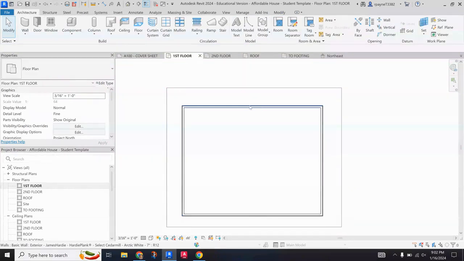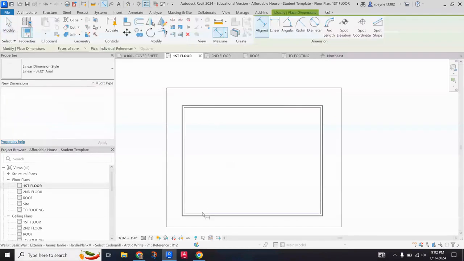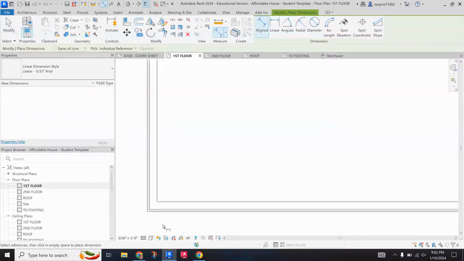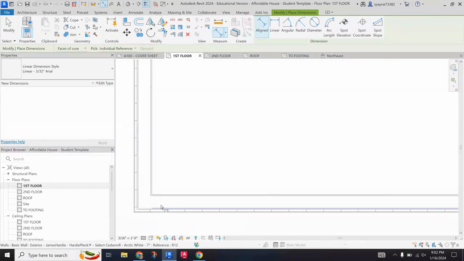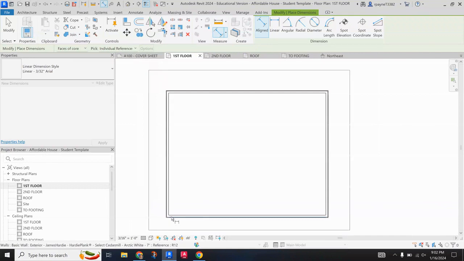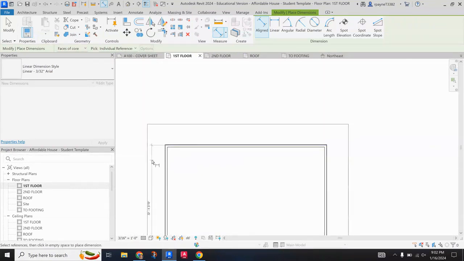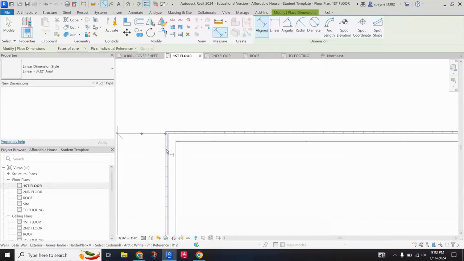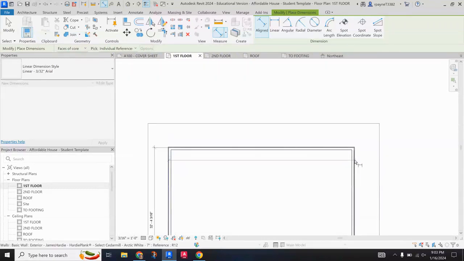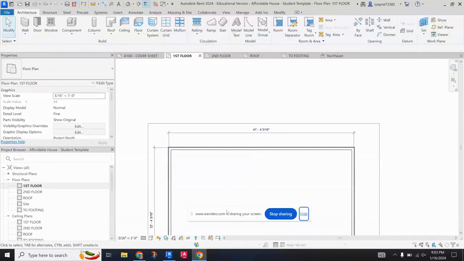Good. Now let's dimension it. All right, so put a dimension. When you're doing dimensioning, make sure you go to the outer edge. Like this is the core, this is the stud. Go to the outer edge of this stud to the outer edge of this stud. And then same thing here, outer edge of that stud to the outer edge of that stud. And the dimensions should be,